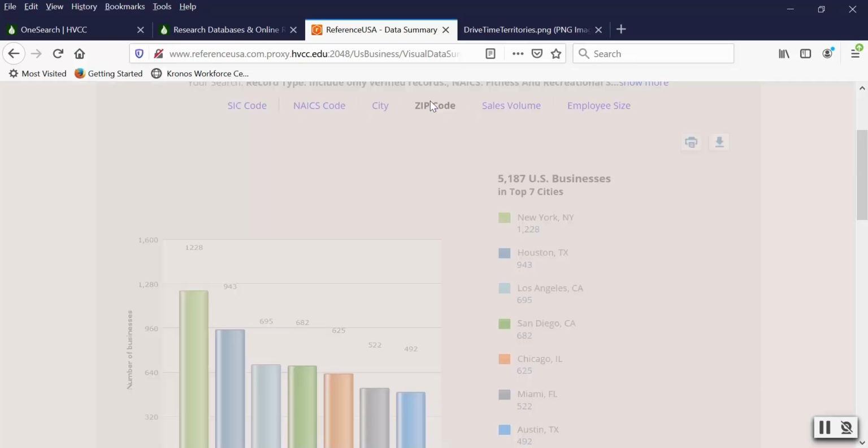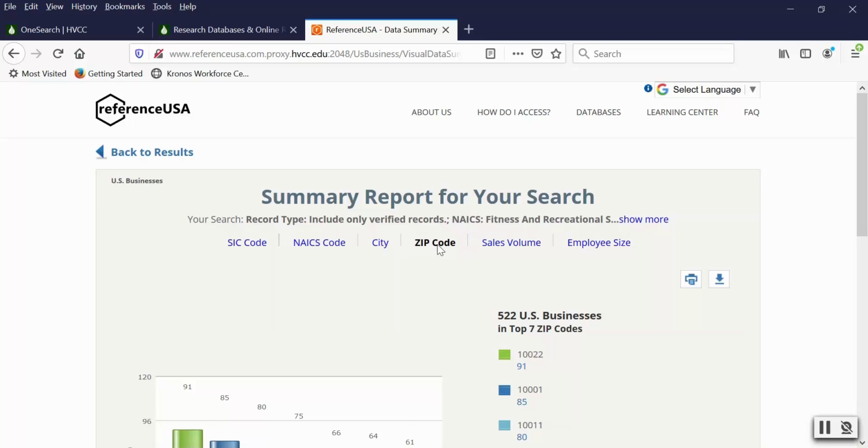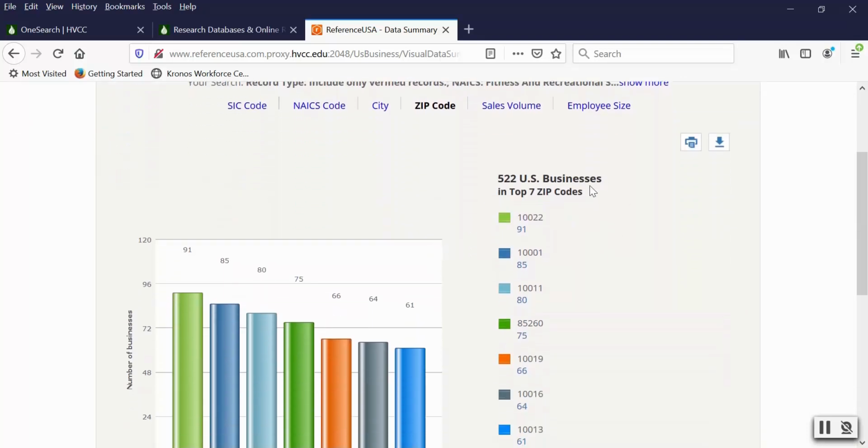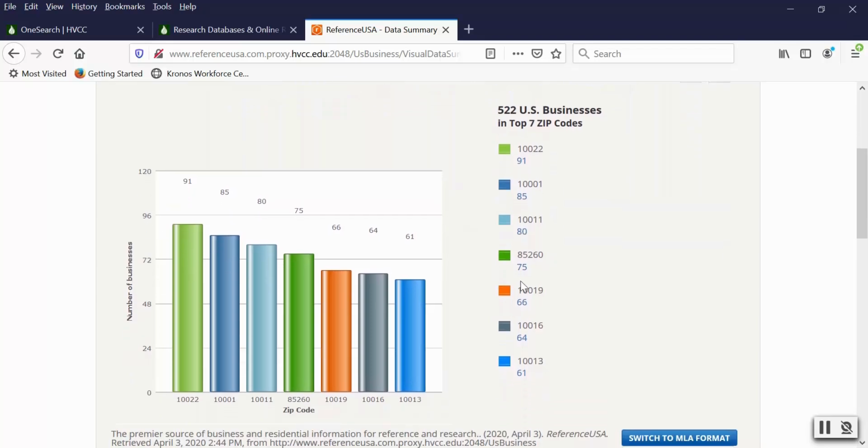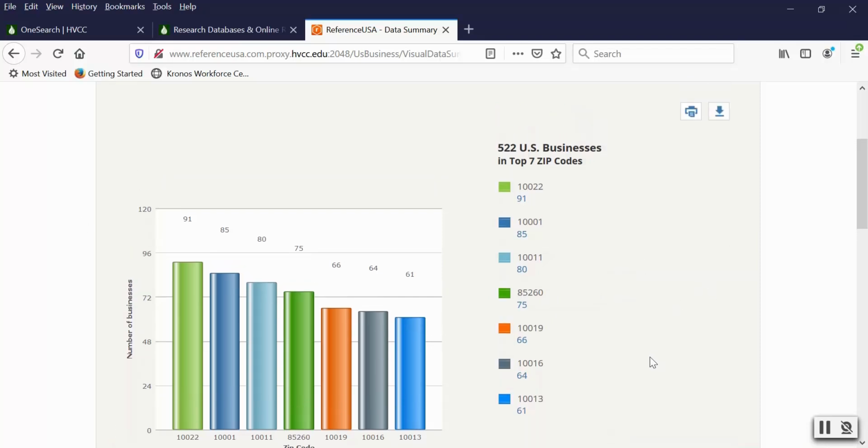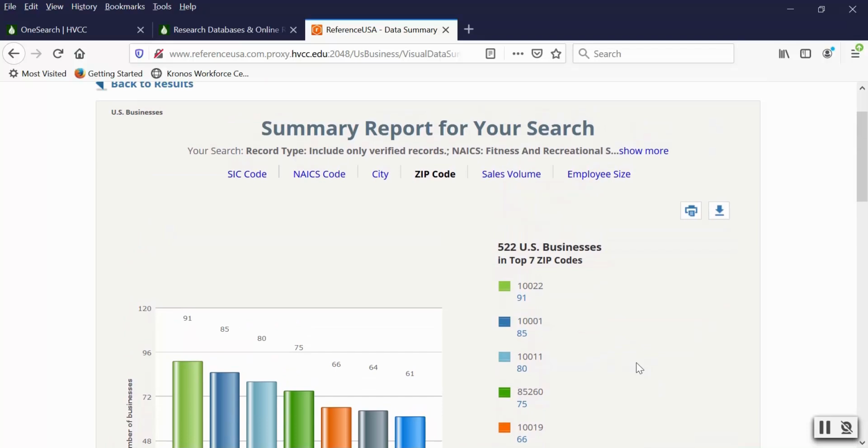You can also check this by zip code. All right, here's our zip code chart that loaded. As you can see, these are the 522 U.S. businesses. And these are the top 7 zip codes in which they're clustered. And let's see, looks like a lot of them are on the East Coast. 10 is usually New York City, but there's another one in here, so that's probably the West Coast right there. But anyway, this can give you an idea. You can look these zip codes up on Google and see where the top 7 more specific areas where your business is clustered. You can look at sales volume